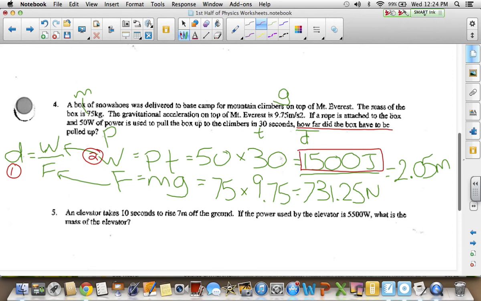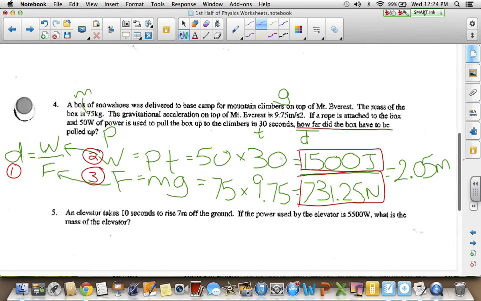Now we can also find the force, and we'll have to do this third. That will be the mass times gravity. We have the mass and we have the gravity, so we now end up having our force, which is